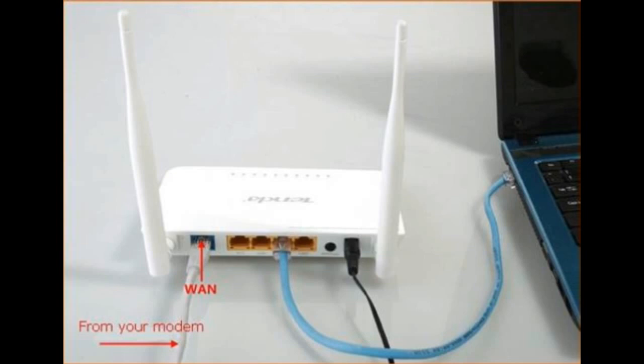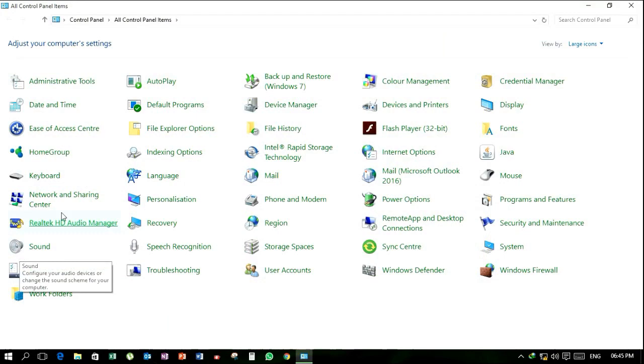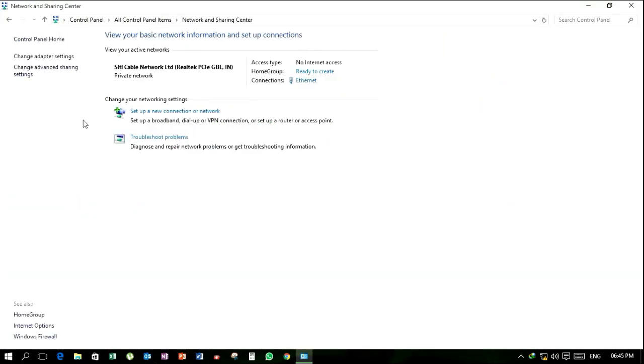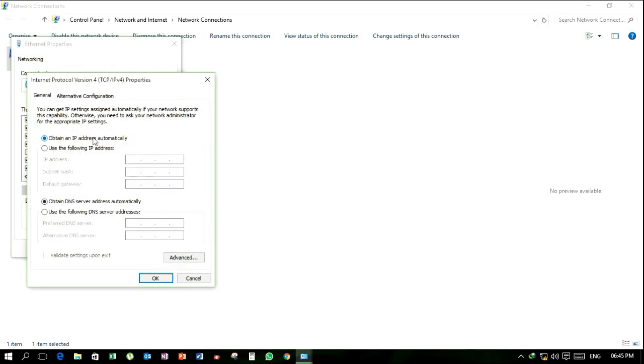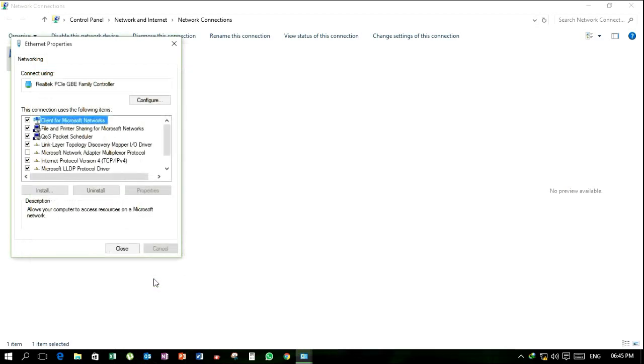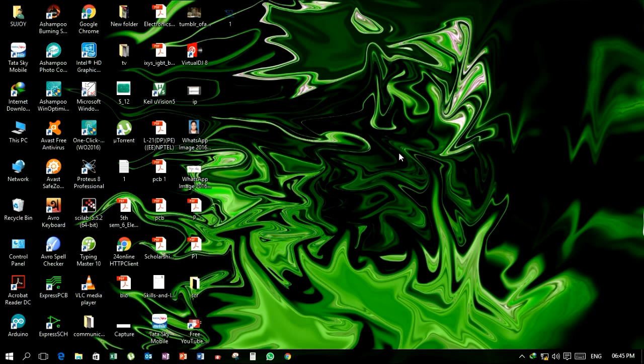Let's start the setup. Open Control Panel and select Network and Sharing Center. Here, click on Change adapter settings and then go to Properties. Click on Internet Protocol Version 4 and select Properties. Here you select Obtain an IP address automatically and Obtain DNS server address automatically. Then click OK. Now go to the search button and type CMD